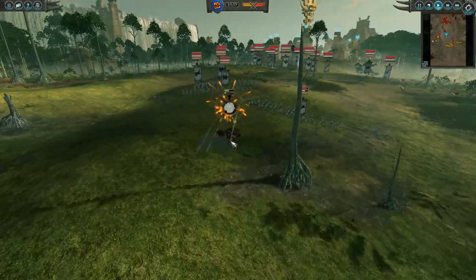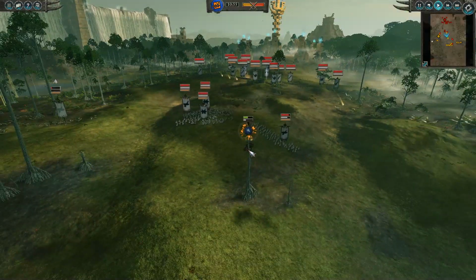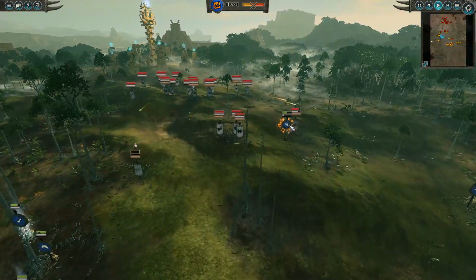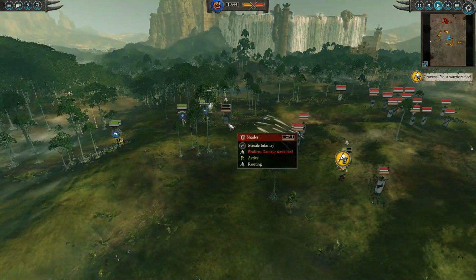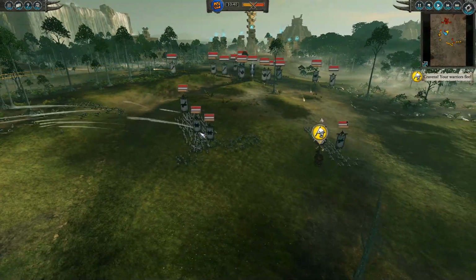My Bastillodon here is really struggling. He's out of control now. I can't control him anymore, and he's on his own now, which is a bit of a problem. It's a strong unit, but on his own there, he might die, you know. So we've taken care of the second shade unit, so that makes 4 shade units still left alive running around